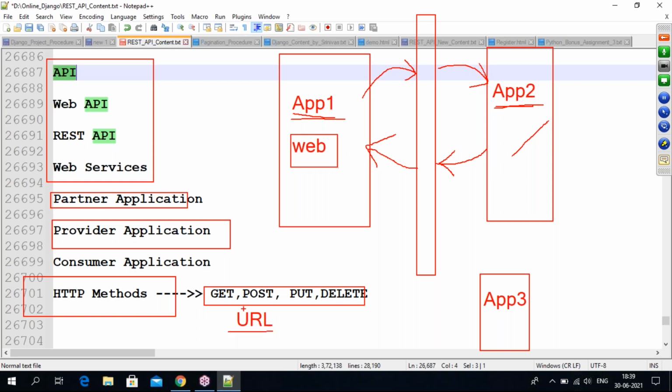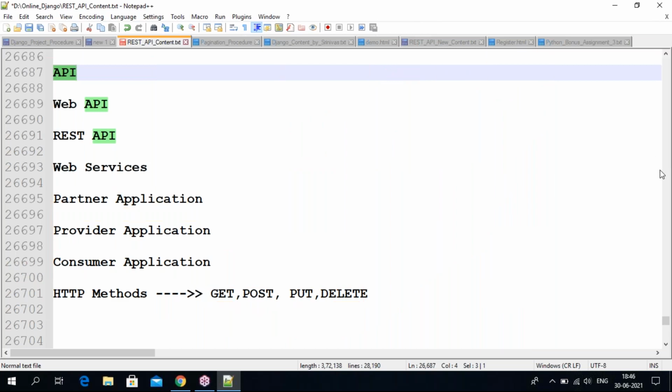In this URL, what operation do you want to do? I want to get the data, or create the data, or update, or delete. Everything is available in the URL only, and the URL has a specific IP address, port number and specific path. According to that URL, only the particular resource communicates. Okay, guys? These all points are general terms, guys. General terms. So far, we discussed these in the last session.